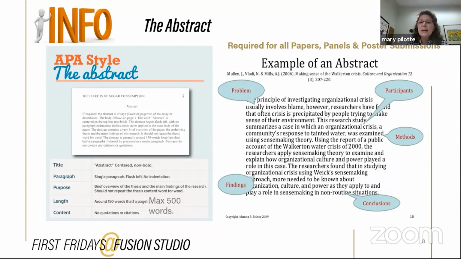We'll talk about that a little bit more later, but this should have some sort of framework or approach that you're using. It's going to talk more about the type of data that you might have used, whether that's qualitative or quantitative. And then, of course, you're going to talk about the so what: the findings, what came out of your work, and why the community should care about your work. And that's all in that brief 150 to 500 words.